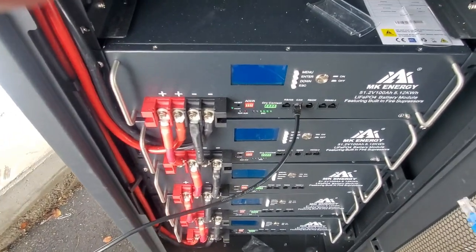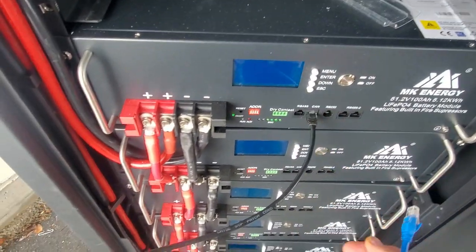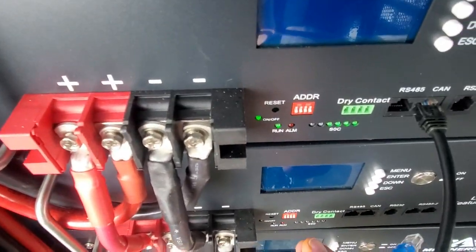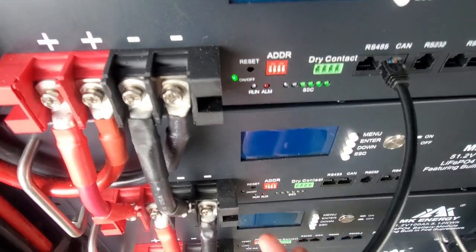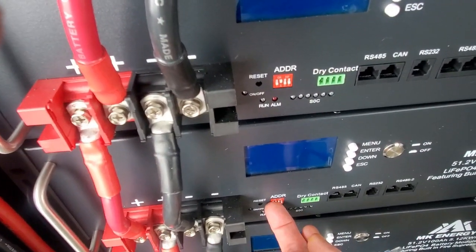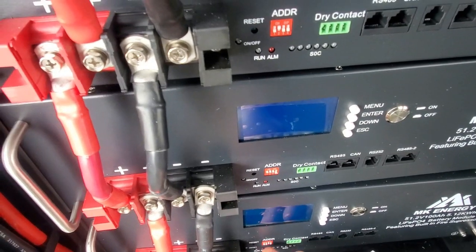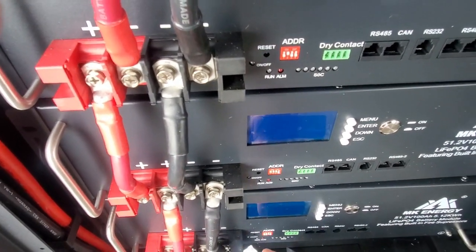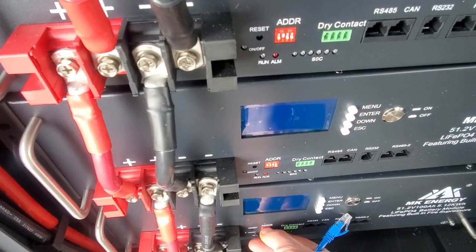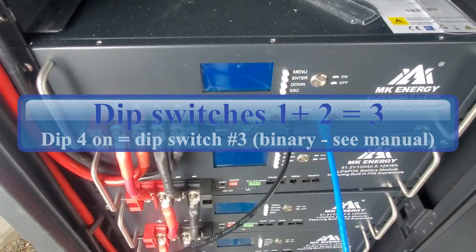Now, in addressing batteries on CAN bus, I've already showed you how to set the protocol. I did for this one. So the first dip switch has to be all zeros, the second one 1 on, the third one 2 on, just like in binary, it's in the manual, the third one 3 on, and the fourth one 4 on. Okay, just typical binary. Sorry, the last one's got to be on over there. Okay, now if when I hook up this one into there,